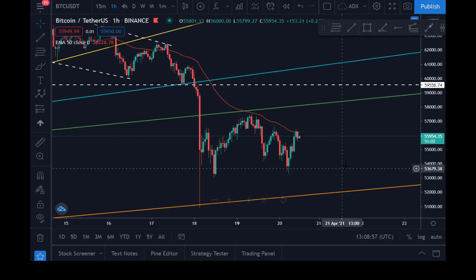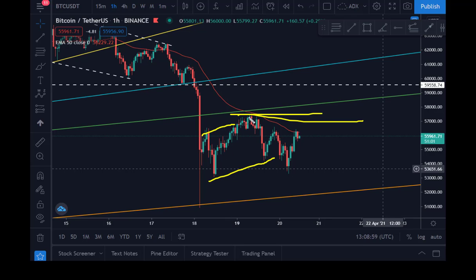All right, so if you are trading this and you want to join, you want to buy Bitcoin, the safest place you can put in your trade is here, guys. The safest place is here. Assuming this is a running flat, the safest place is here or here. So now is a very critical point where we are watching. Let's see how it develops here.